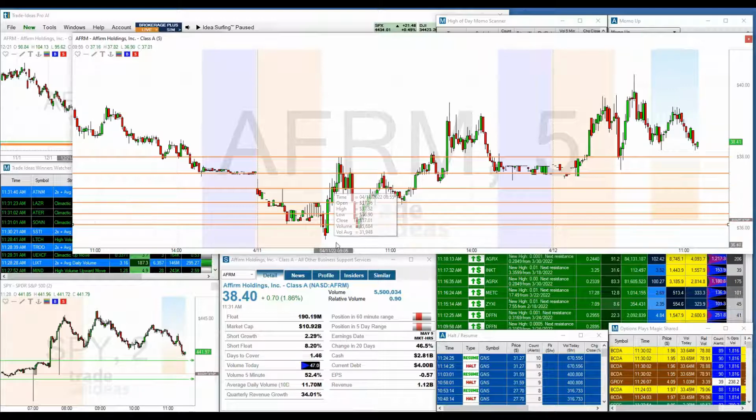Is that a 2 to 1 ratio? Is it a 3 to 1 ratio? Is it a 4 to 1 ratio? We start first with an expectation of a 2 to 1 ratio. If it has a 2 to 1 ratio, then I will take a trade, and if it continues to go, then